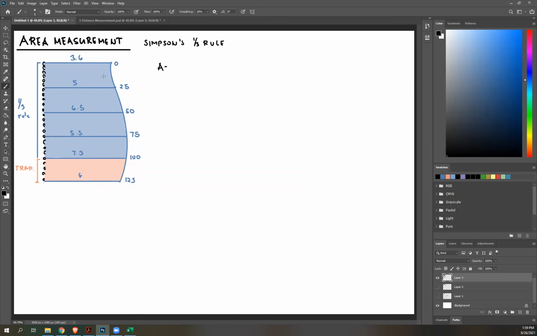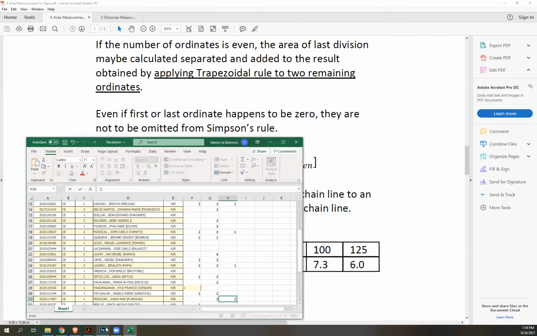It's 25. D is just the distance between offsets. It's consistent at 25 meters, or 25 units per offset. So 25 over 3 times